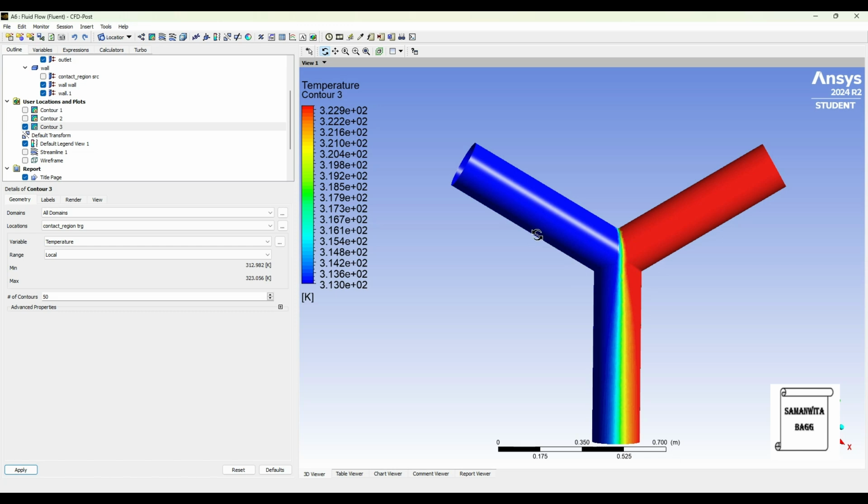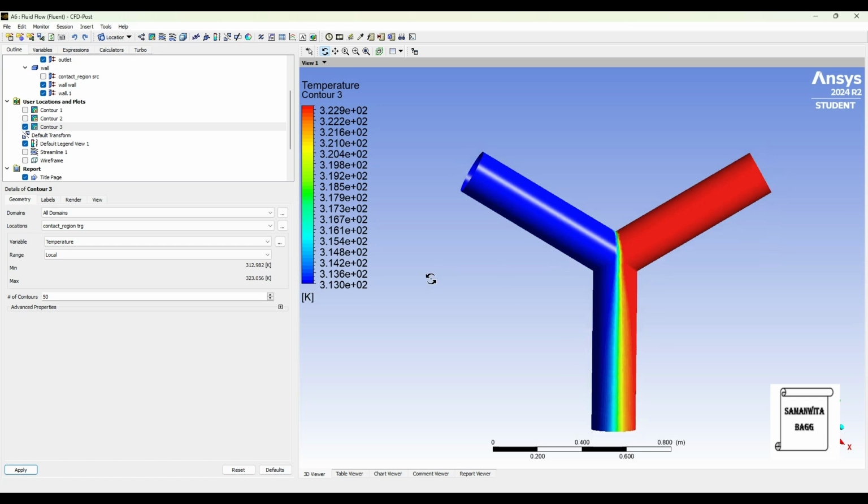Now if you change this 40 degrees Celsius to 20 degrees Celsius, you will see more variation of color. Because then it will be a mixing of 20 degrees Celsius liquid with a 50 degrees Celsius liquid. So obviously the variation will be more. Again, these color ranges can be taken up from here. The colors will indicate certain value which you can read from this chart. So that's how you analyze the intermixing of the two fluids flowing through a pipe.